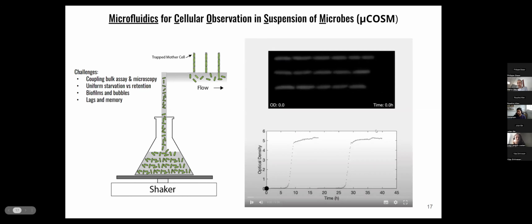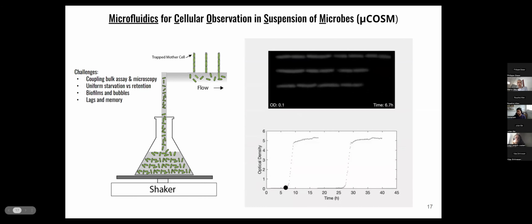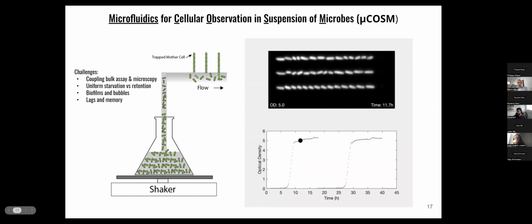If you start the movie, at the beginning the optical density is very low, so cells are not stressed. They're dim, they're large, and they're growing really, really fast. As the optical density starts to climb, the amount of food per cell drops, and you'll see the cells getting slowly smaller and smaller, and eventually they stop dividing and get very stressed and very bright at late stationary phase.